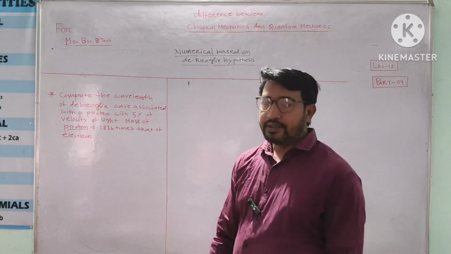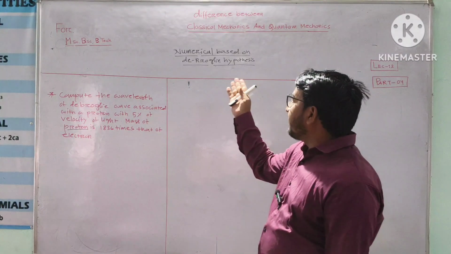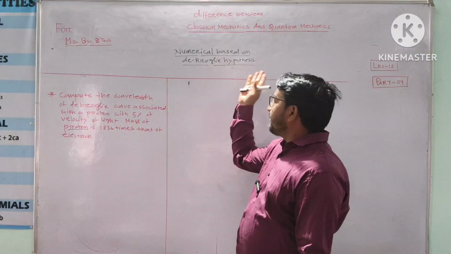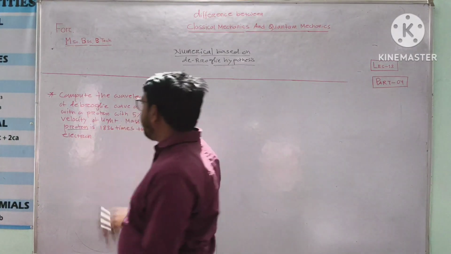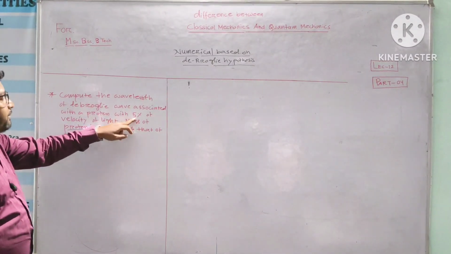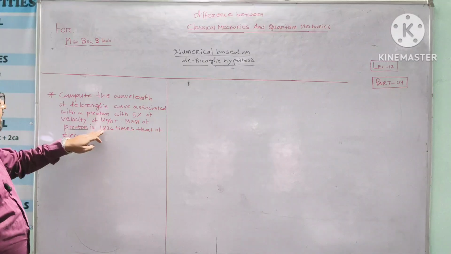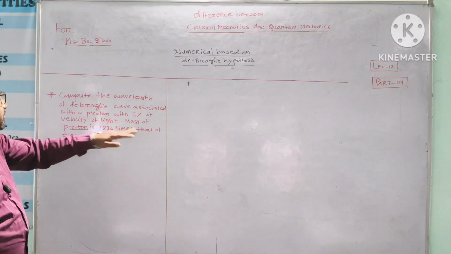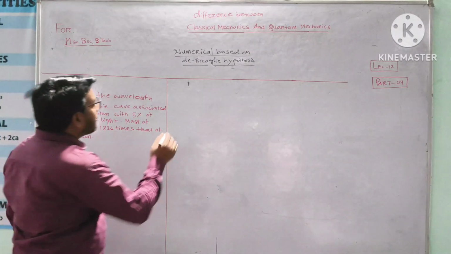My dear students, today we are going to discuss another important article: numericals based on the de Broglie hypothesis. Okay. So our first numerical problem is: compute the wavelength of the de Broglie wave associated with a proton with 5% of the velocity of light, and the mass of the proton is 1836 times that of the electron. Okay. So the given information of this question, solution,